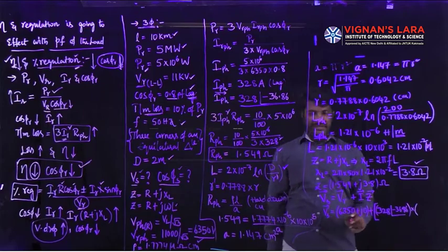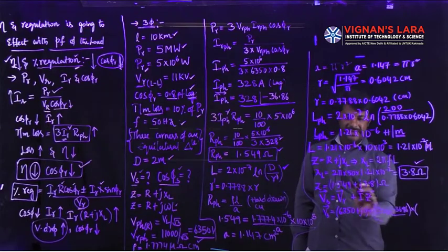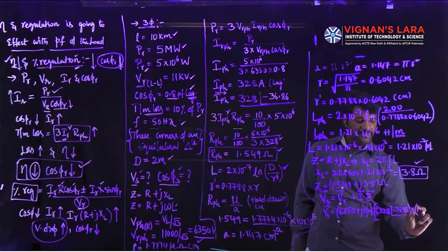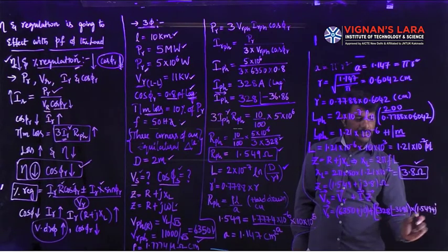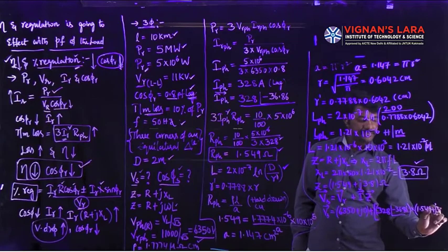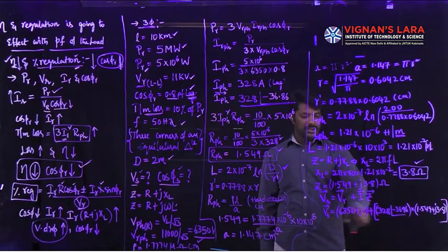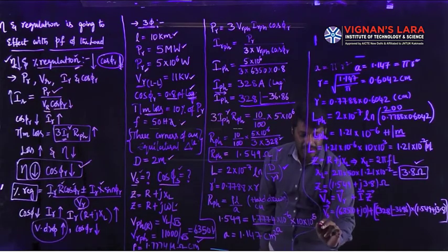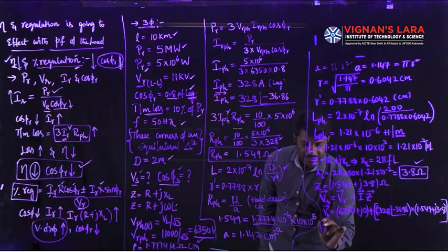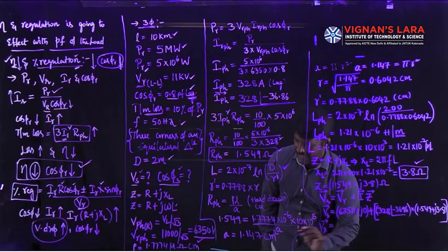The impedance of the transmission line we just calculated. Its value is 1.549 plus j3.8. So simplifying in the calculator, you will get the magnitude of the sending end voltage per phase as Vs